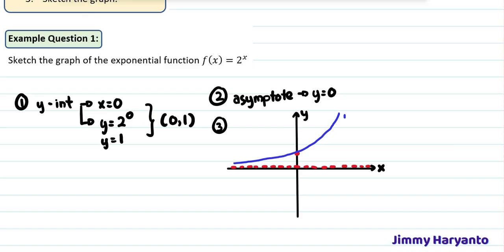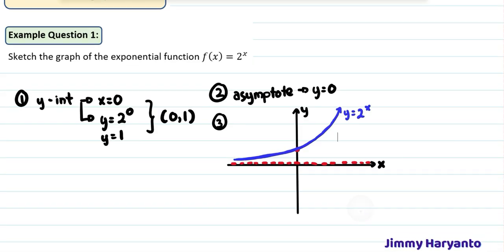So this one is y equals 2 to the power of x. It will always look like this, increasing to the top right. It will never decrease to the bottom right if the exponential function is still original, not yet transformed. If it is already transformed, the curve can change. Okay, we will learn the transformation of the graph.